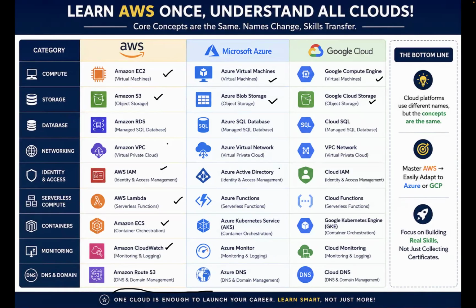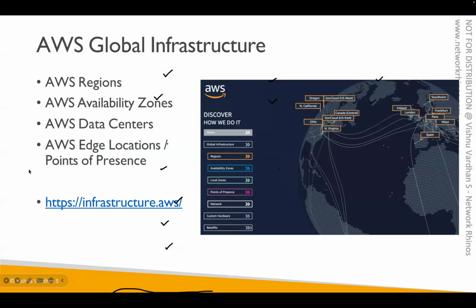Okay, fine. So let's come back to the concept now. See, the first topic when you talk about AWS is the difference between AWS region, AWS availability zone, and data center. See, AWS cloud, when you say as a whole, is all about a lot of data centers placed in one single location. Imagine you check India. In India, there are two places where AWS has deployed the data center. One is in Hyderabad, second is in Mumbai.